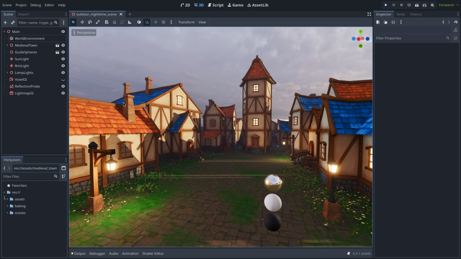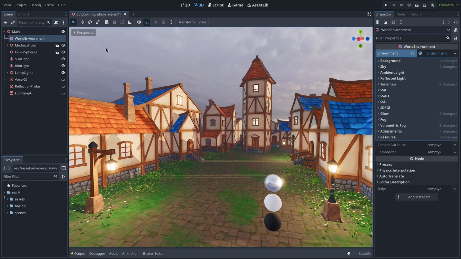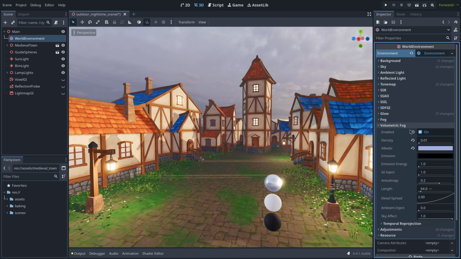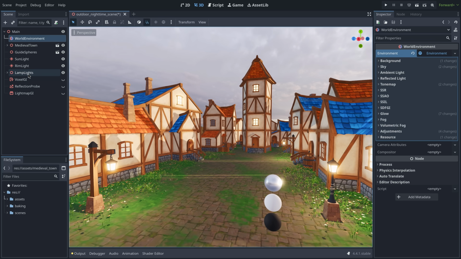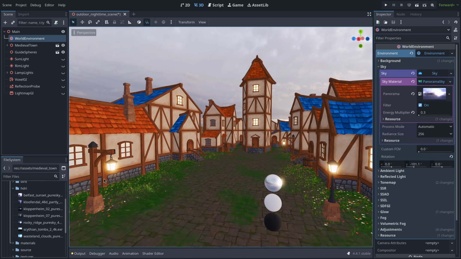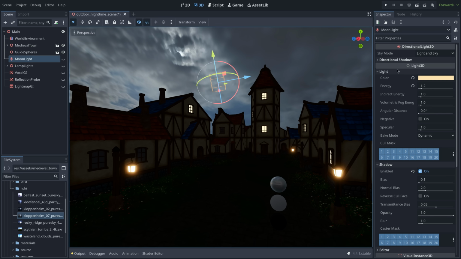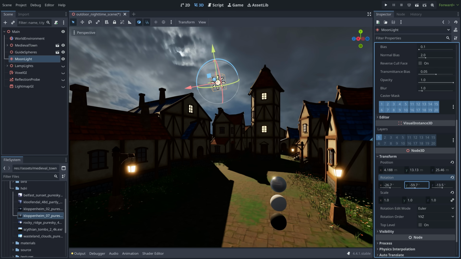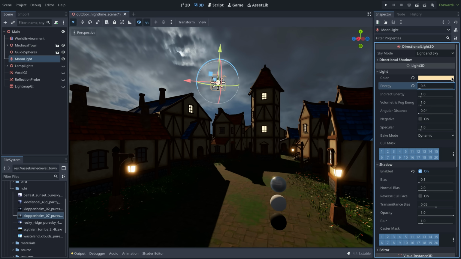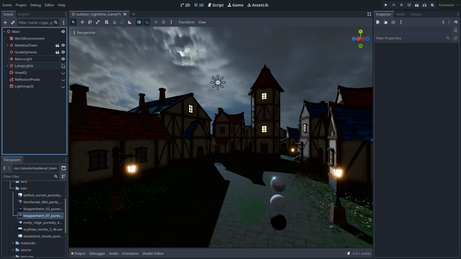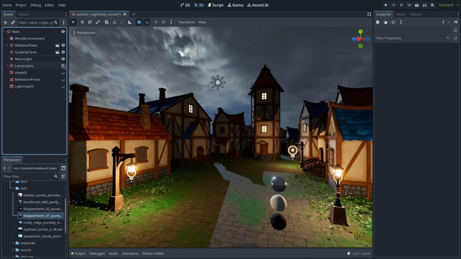Of course, I have been staying out for a while now, and it's getting kind of dark. So let's turn this scene into nighttime. Lighting nighttime is actually very similar to daytime. The main difference is that the artificial lights become much more important. First, I disabled GI, fog, and all the lights, and swapped out the sky texture with a nighttime one. I then turned the directional light into a moon by lining it up with the one visible in the sky, reducing the intensity, and giving it a more cool color. I re-enabled all the lamp lights, which were just fine to reuse, and with just those quick steps, we've turned